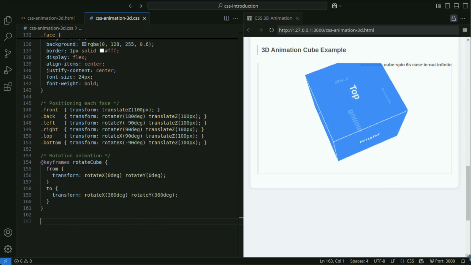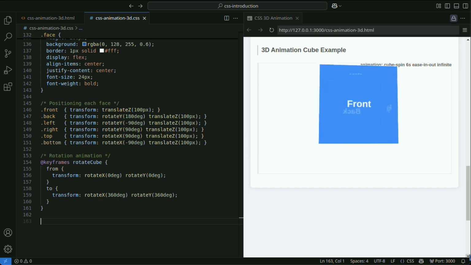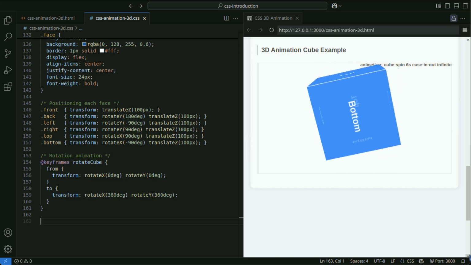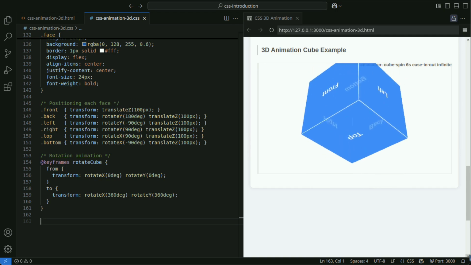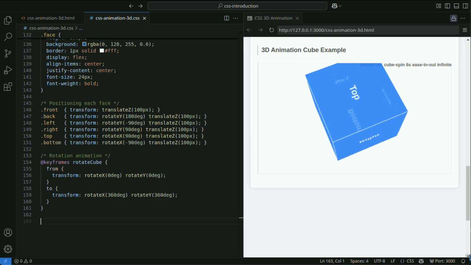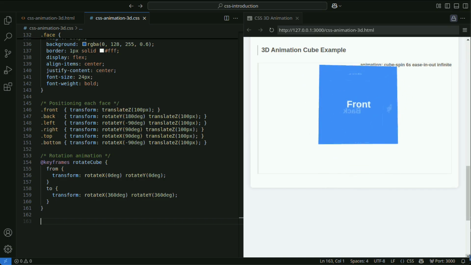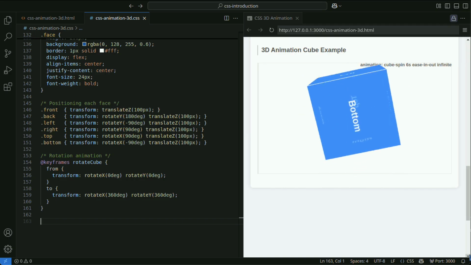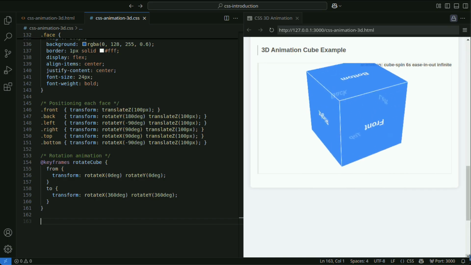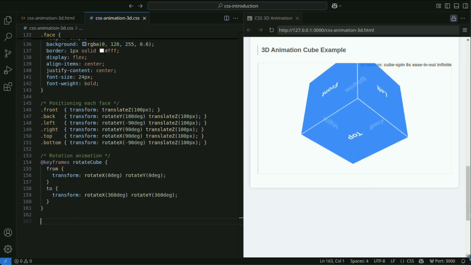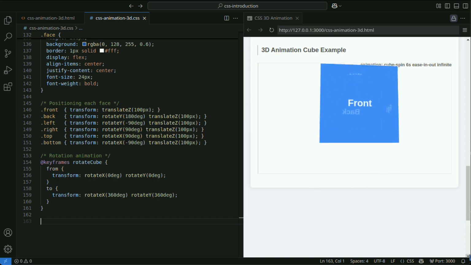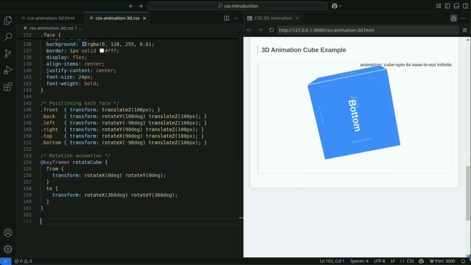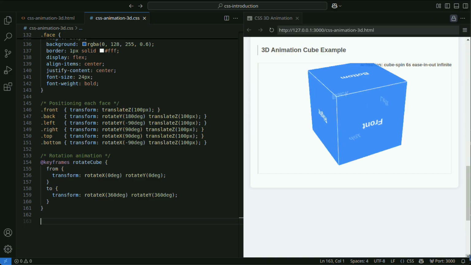The cube class is displayed in 3D because its transform-style property is set to preserve-3d. Each face of the cube is pushed forward from the cube's center using translateZ(100px), forming a 3D cube. The rotateCube animation automatically rotates the cube by combining the Y and X axes.